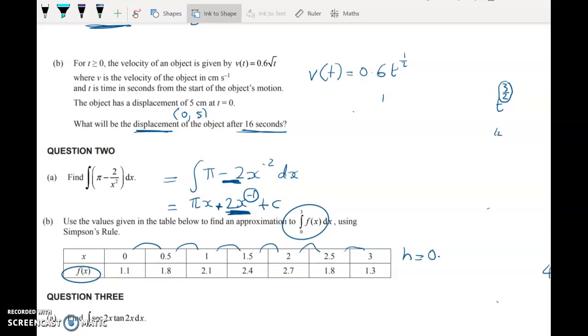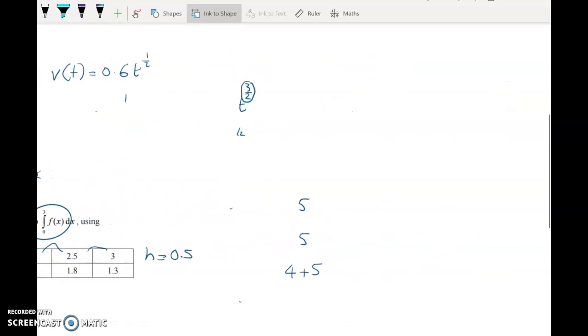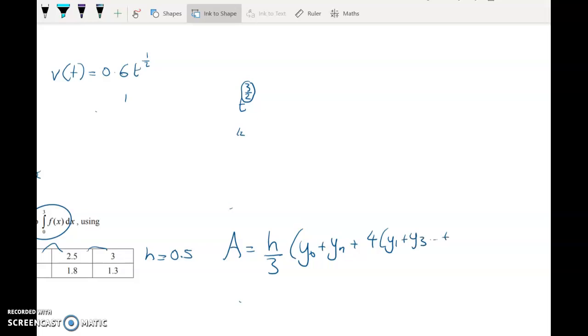So in here, h is equal to 1/2. The formula for Simpson's rule is as follows. So a is equal to that width divided by 3 times the end points, and then 4 times the odd numbered points, right? So y1, y3, and so on, up to the one just before the end, and then 2 times the other